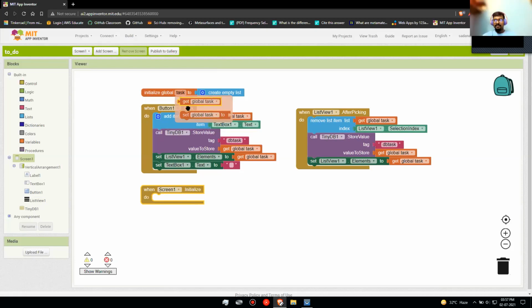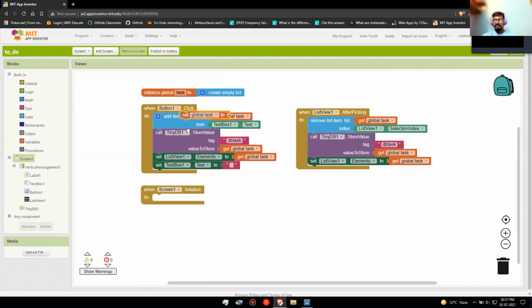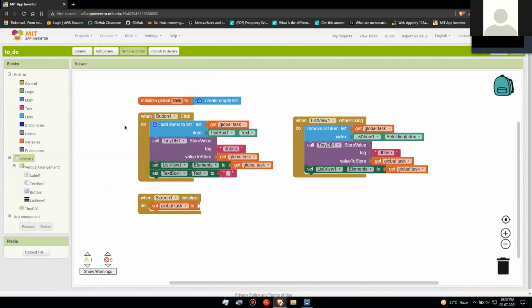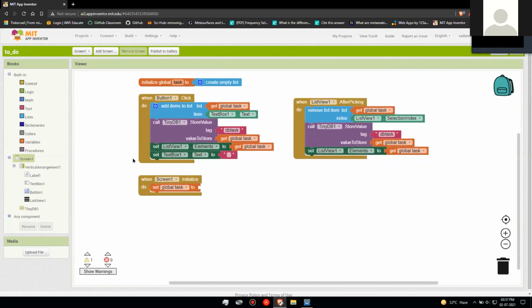And now instead of get global task, drag set global task to. So has everyone done till here? Yeah. Now set global task to what? Global task to whatever data is present in TinyDB.